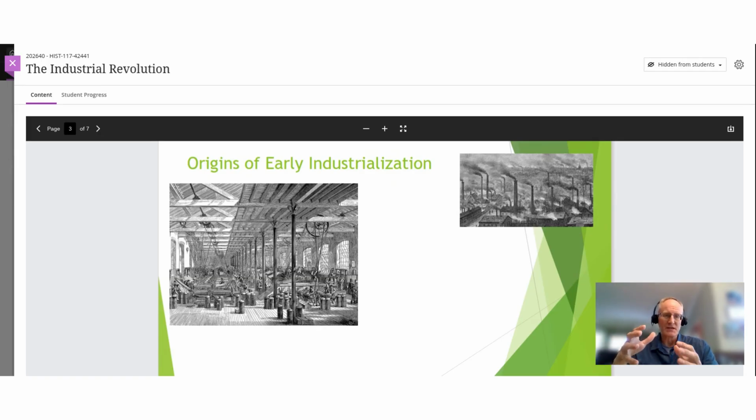And so, as a result, England, benefiting from this agricultural windfall, had the population in place to serve as the source of labor needed for the industrial era itself, and also a ready supply of the labor pool. So that was one characteristic that was in place. There are a handful of others that made Britain unique during this period of time. The second was that Britain was politically stable.